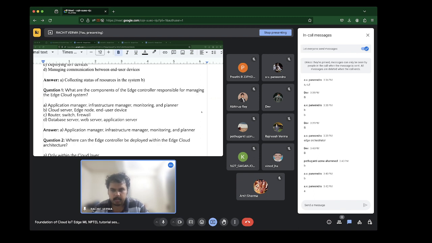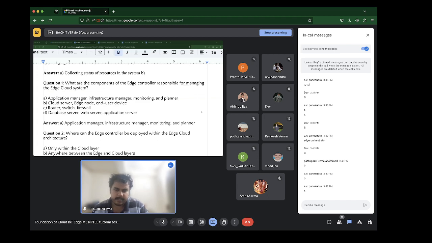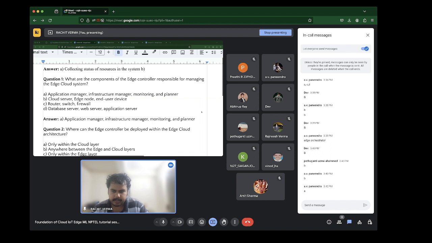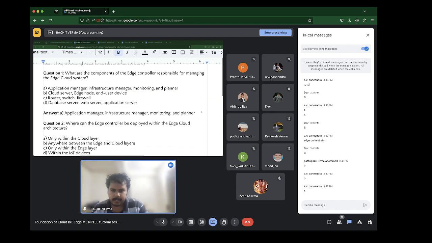So where can the edge controller be deployed within the edge cloud architecture? Is it A, only within the cloud layer, B, anywhere between the edge and the cloud layers, C, only within the edge layer, or D, within the IoT devices? Yes, so what's the answer to this question?